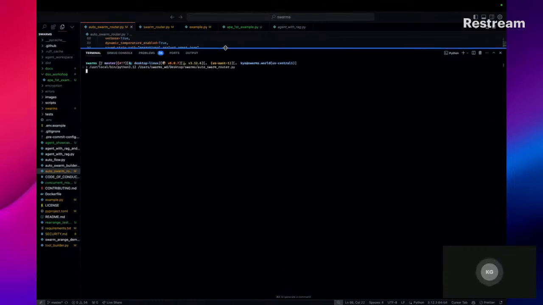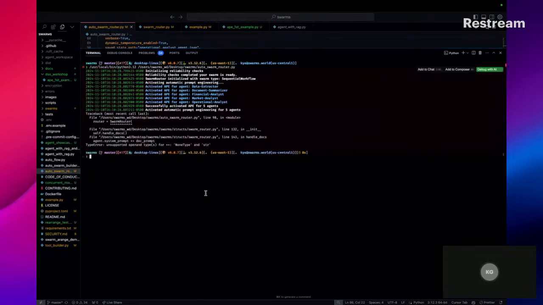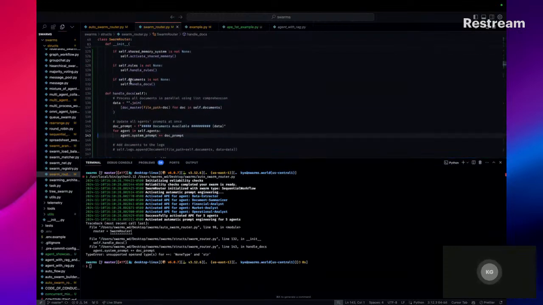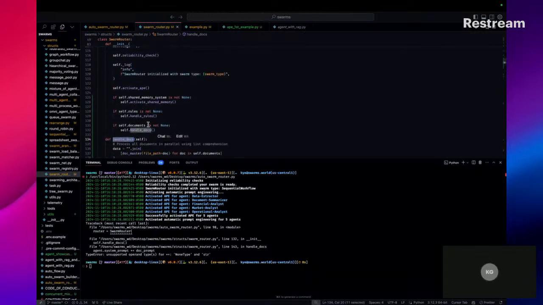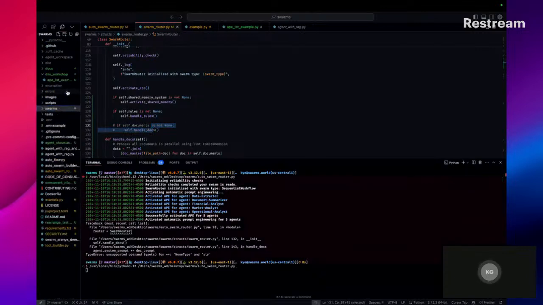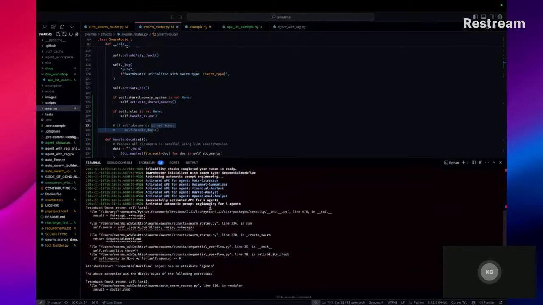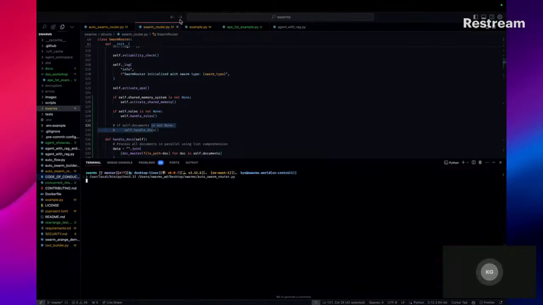We're going to run this file. Okay, we got an error from a new feature I was trying to add. I haven't pushed it. I'm still working on a major update for Swarms. So you see? Oh, we have another error. Let's run that again.